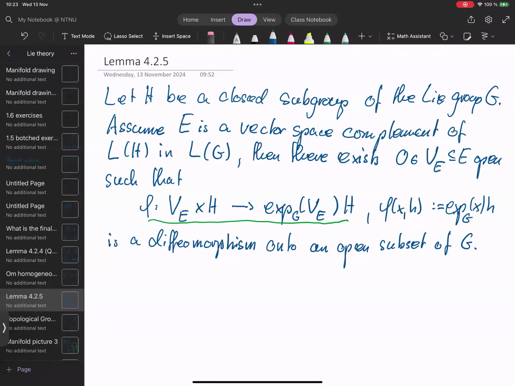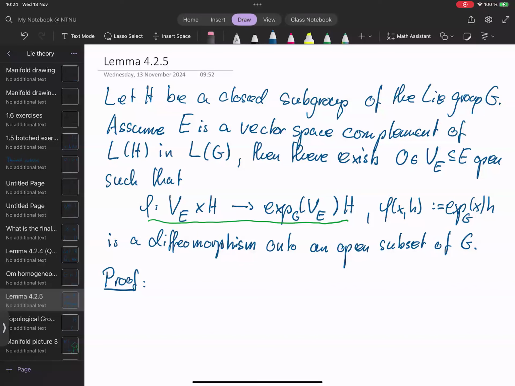Okay, we want to prove a small supplement to the closed subgroup theorem. So we are in the situation that we have a closed subgroup of a Lie group G. And by the closed subgroup theorem, the H is a Lie subgroup, so it has its own Lie algebra, and we assume that we have a vector space complement to this Lie algebra in the large Lie algebra. And the claim is there exists a zero neighborhood such that the map phi, here underlined green, on the zero